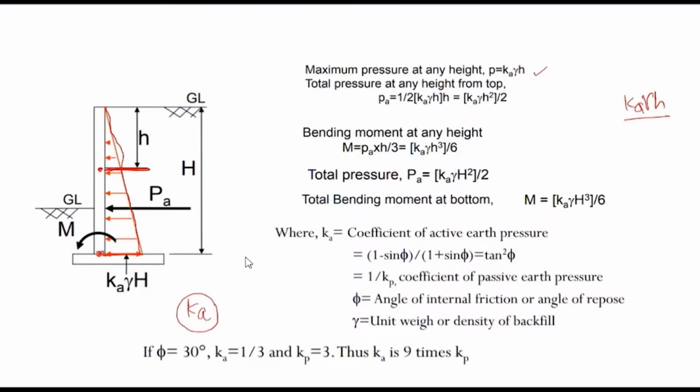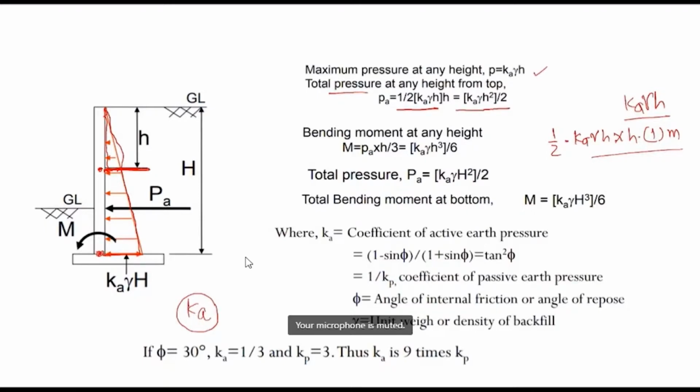Now we know the pressure. So to calculate the total pressure, this is the pressure Ka gamma h, into half, into h, since this is a triangular distribution. So the total pressure will be half into Ka gamma h into h, for a unit width of 1 meter. It will become Ka gamma h square over 2. Okay, so this pressure is for